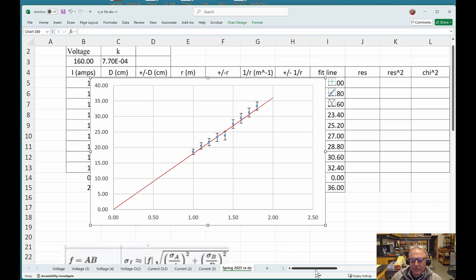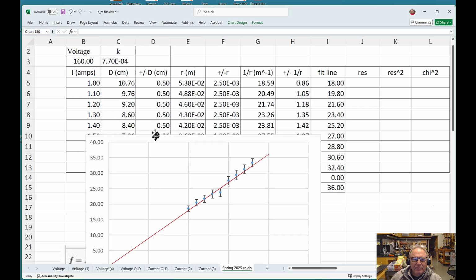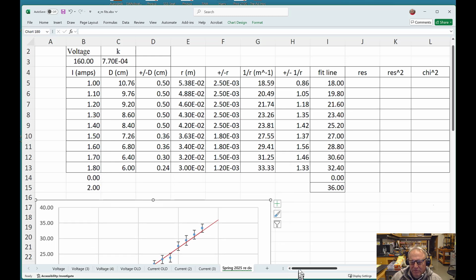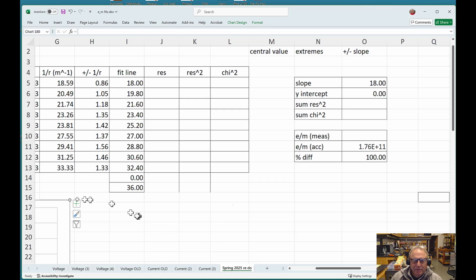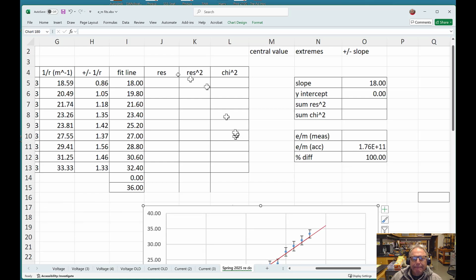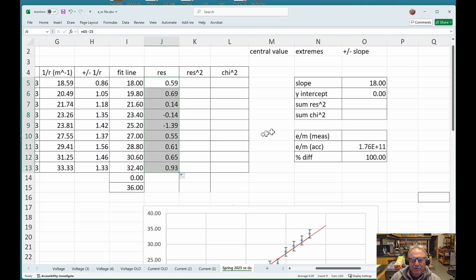That looks pretty good. And we want to now do our residuals and residual squares so we can get the best possible fit. So this is equal to the data minus the fit, and that's it. And we fill it in. Remember, only to do it for actual data. Well, I don't know what it'll do here. Complain? No. But those are, well, a 0 is not surprising, but a negative 36 should tip you off that